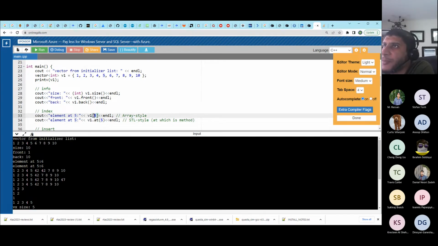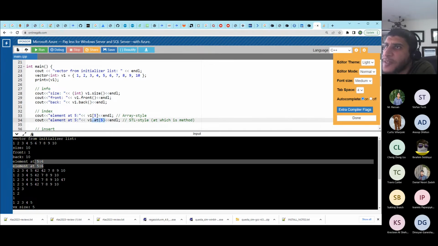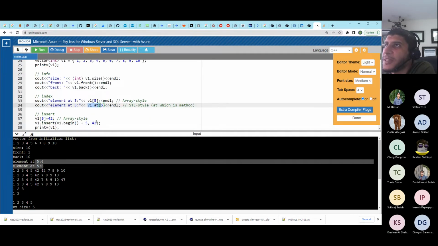You either get it from the index or you get it from the at method, right? Both give you the same value. One of them is the array style, which is this one. The other one is your method style, which is STL style. And then for insertion, I inserted 42 in my 6 elements. So I'm kind of replacing